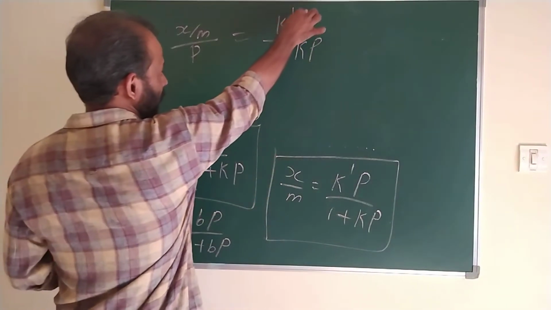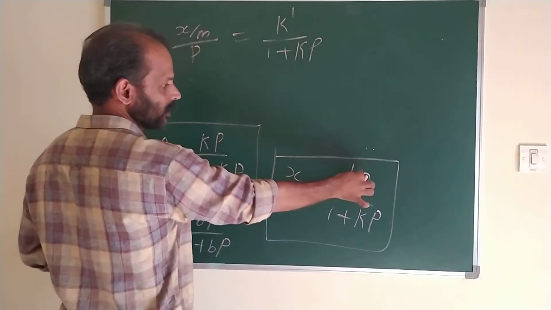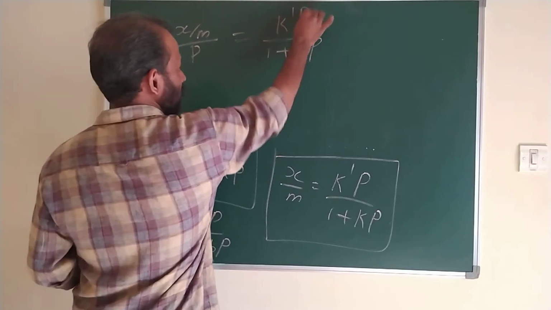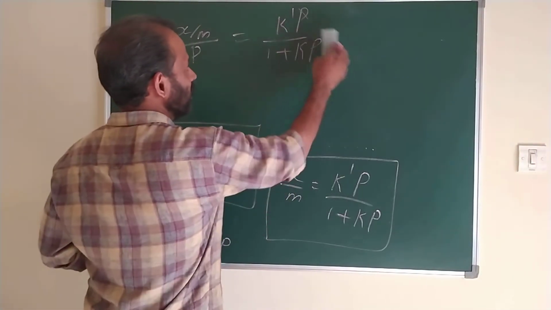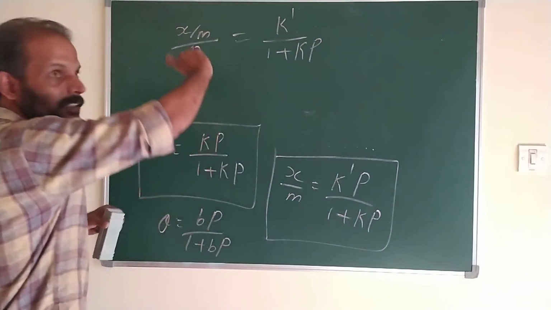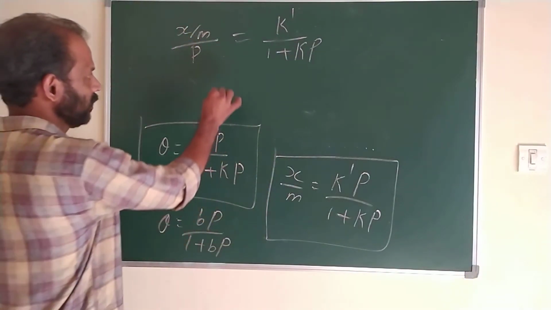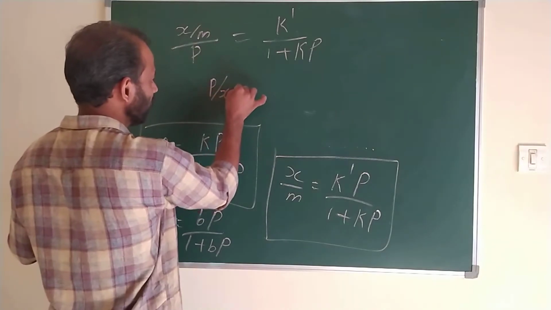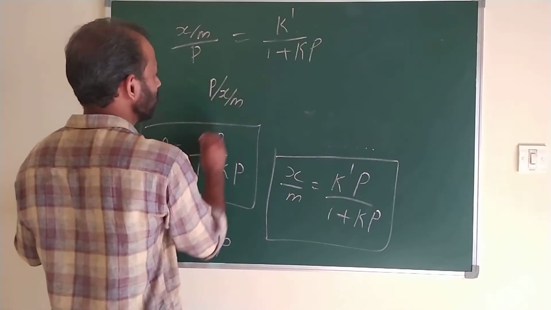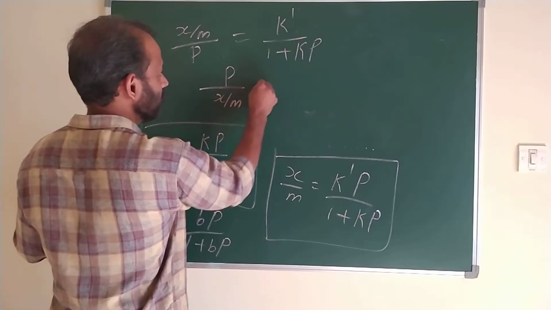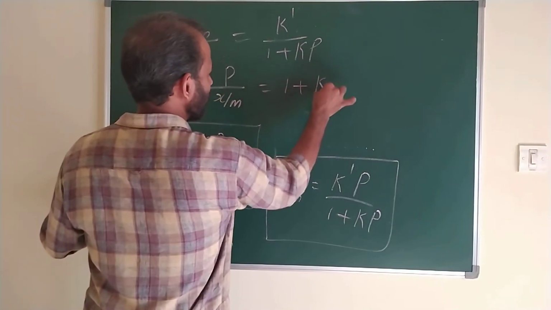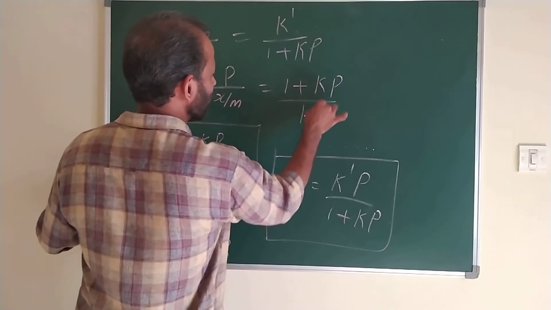Then take the reciprocal, so p divided by x by m is equal to 1 plus Kp divided by k dash,